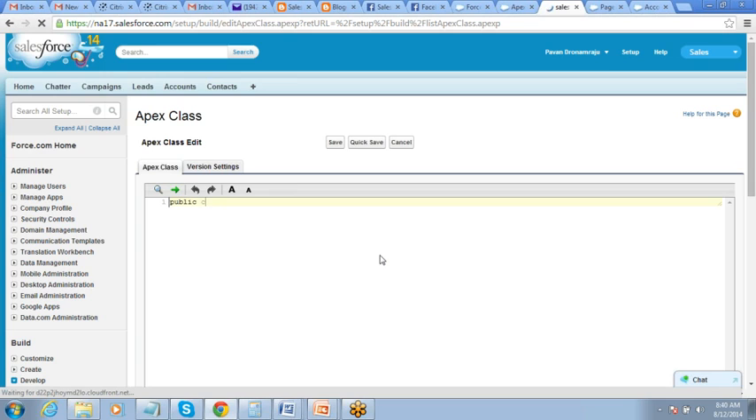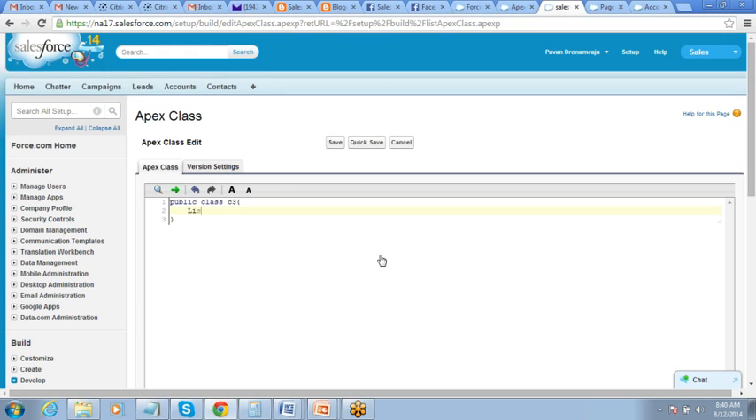So I would say public class C3. This time we will display a list. Okay, list of S objects. So list of S object is pretty simple. The syntax is this: give it any name and you say